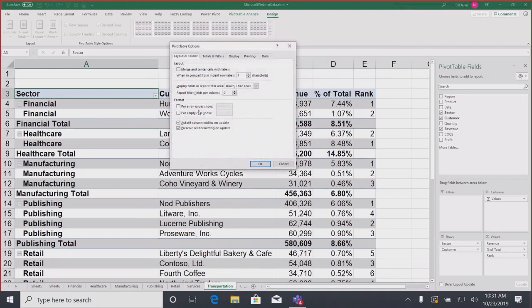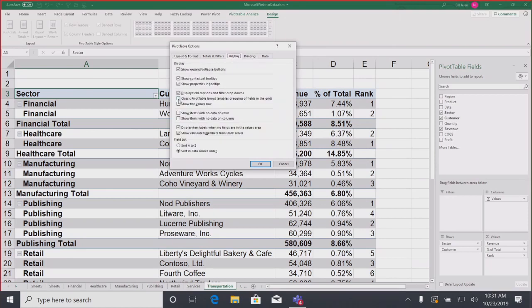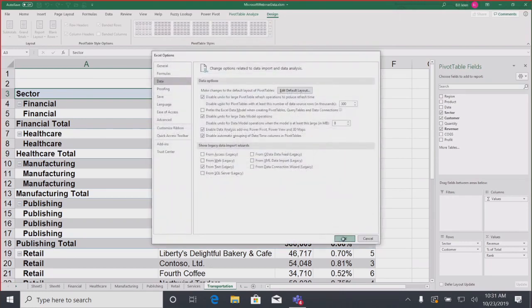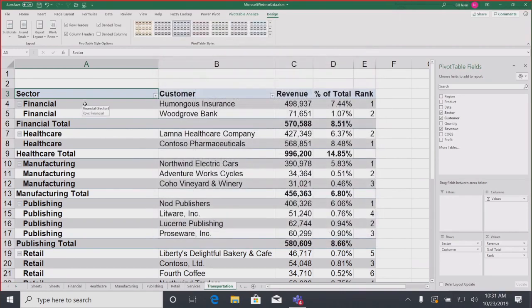Pivot table options for empty cells: right here, I just uncheck that so I get zeros instead of empty cells. If you love classic pivot table layout, you can make all future pivot tables start in classic pivot table layout. Change your favorite settings here, click OK, and then when you create a pivot table, no more compact form if you would rather have it in tabular form like that.